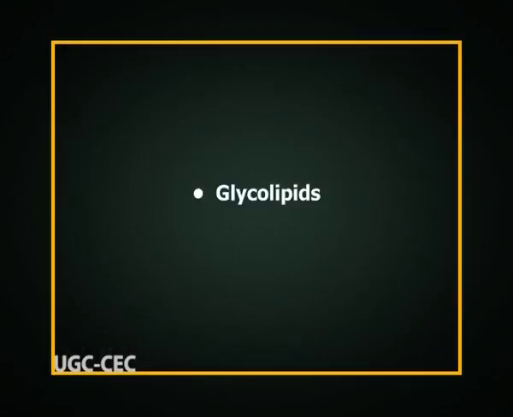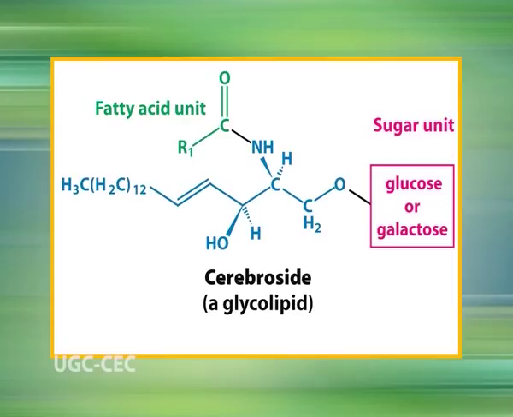Now, glycolipids. Glycolipids contain carbohydrate, either monosaccharide or oligosaccharide, covalently attached to lipid. They can derive either from glycerol or sphingosine. The simplest glycolipid, called cerebroside, contains a single sugar residue, that is glucose or galactose. Gangliosides are more complex glycolipids containing a branched chain of as many as 7 sugar residues. The glycolipids are found extensively in the outer leaflet of the plasma membrane, with their carbohydrate portions exposed on the